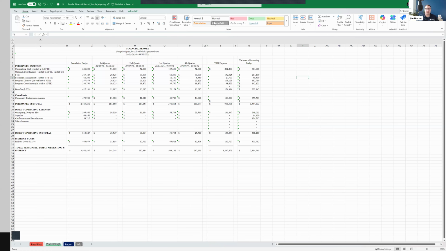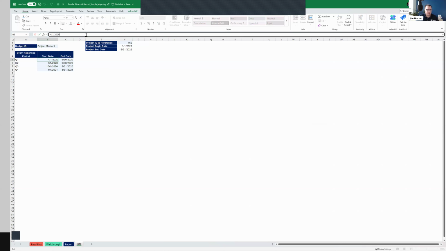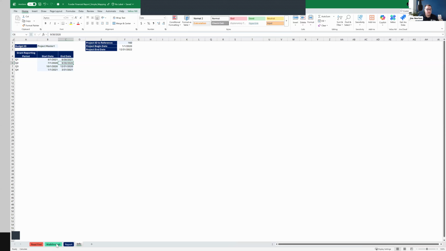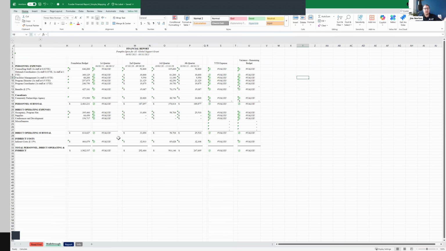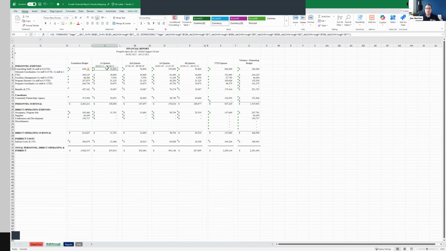Now, as things change, say I need to report for another time period. So let's say I'm now going to make Q1 4/1/21 to 6/30/21 just by changing my info tab here and changing those dates. When I come back here, you see this is loading, refreshing. I've got the new numbers. So this is live information in the funders line items ready to go.